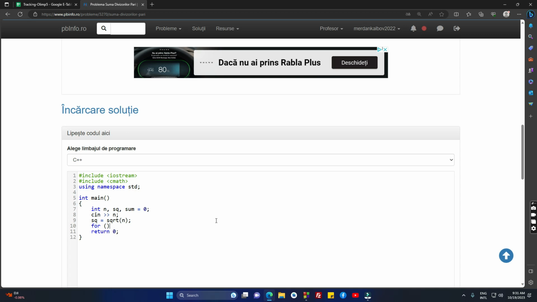Then you want to create a loop where your I starts from 1 and it goes up to the square root of the number. And here you want to check if n is divisible by I, and at the same time I is an even number, and at the same time maybe I is the square root of number n. In this case you just add I to the sum,